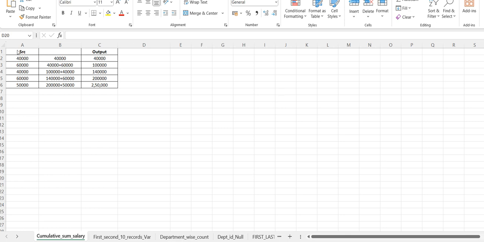For example, this is my source: 40,000, 60,000, 40,000, 60,000 and 50,000. What I want in my target is that 40,000 is taken as it is, then it increases by one addition after another. It will calculate 40,000 plus 60,000 is 1 lakh, then this 1 lakh plus 40,000 is 1 lakh 40,000, then again this 1 lakh 40,000 plus 60,000 is 2 lakh, then this 2 lakh plus 50,000 is 2 lakh 50,000. So let's understand how we'll achieve this scenario